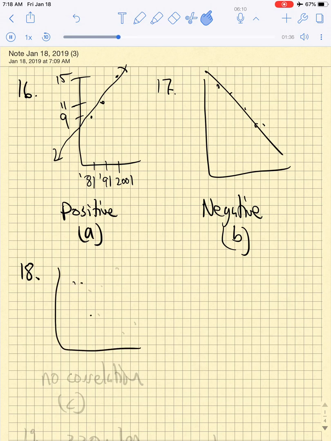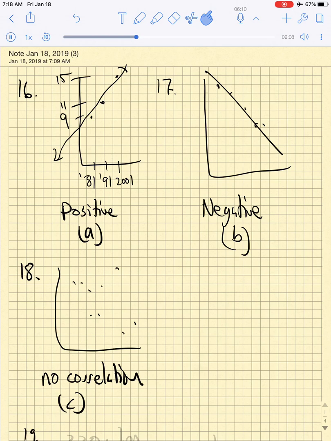18 just has a bunch of dots all over the place. So there's no correlation, because you can't draw a line, this is choice C. You can't draw a line that best fits that. If it's not obvious, then it's probably no correlation. All right? For number 19, we have